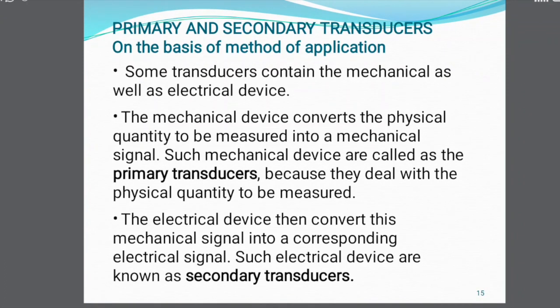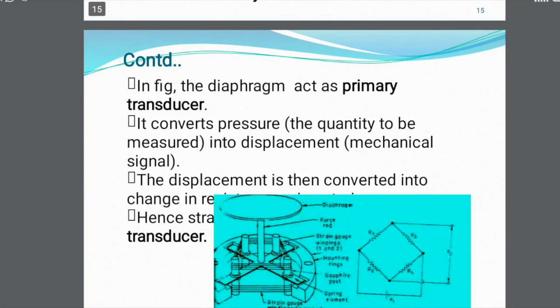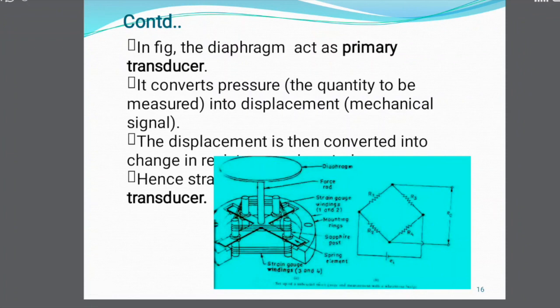Primary and secondary transducer on the basis of method of application. Some transducers contain a mechanical as well as an electrical device. The mechanical device converts the physical quantity to be measured into a mechanical signal. Such devices are called primary transducers because they deal with the physical quantity to be measured. The electrical device then converts this mechanical signal into a corresponding electrical signal. Such electrical devices are known as secondary transducers. In the figure, the diaphragm acts as primary transducer. It converts pressure into displacement. The displacement is then converted into change in resistance. Hence,